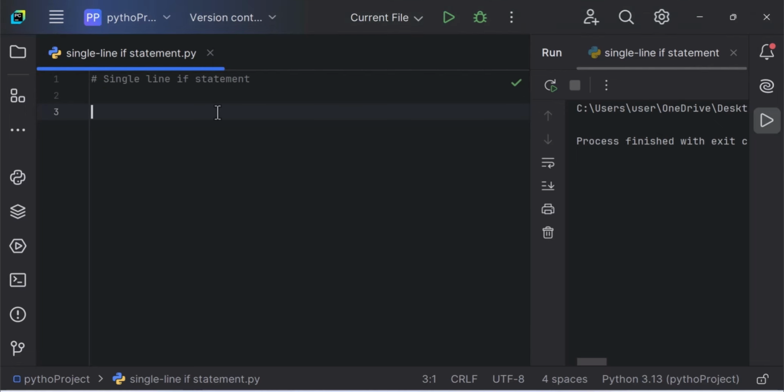Okay, we want to look at a simpler version of the if statement. We call it the single line if statement. Let's say, for example, we have score. Let's initialize it to 50. Now we want to test if the score is equal to 50 or greater than 50, then we'll say passed, otherwise failed. We can use a single line if statement to achieve this by declaring a variable, let's say result equals